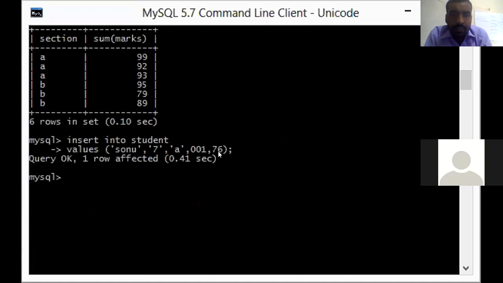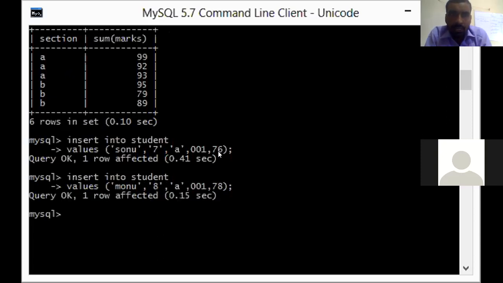It is entered. Now let me write another. Insert into student. Let me change it. This time I have written 78. This time roll number is 1, section is A, class is 8. This time the name is changed. Suppose it is Monu. Press the enter key. So one more record is entered.